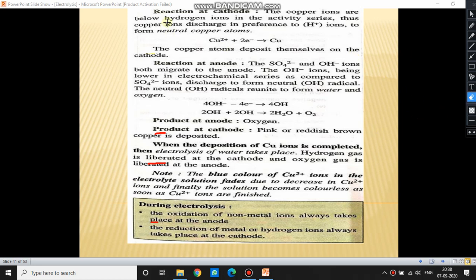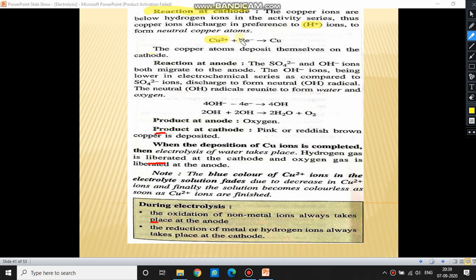Now let us see the reaction at cathode. Now we have understood that the particles present include cupric ions. So the two types of cations which are present are H plus ions and the cupric ions. Now as per our knowledge of the preferential discharge series, cupric ions are below hydrogen ions. So naturally the one that is below the series wins the race, and the cupric ions go towards the cathode. They are cations, so cation moves to cathode, and there it undergoes reduction.